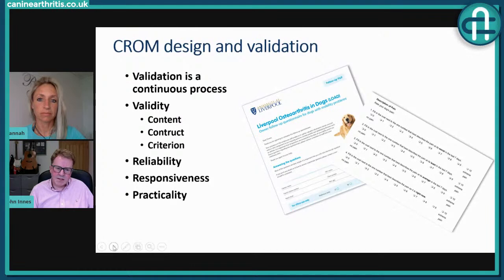So that's fine. I was involved in developing the Liverpool one. Had this sort of idea back in the mid-90s, and it's taken a generation for it to gain traction in practice. And the same is true of that other one you see there, the Canine Brief Pain Inventory, which was developed at the University of Pennsylvania by Dottie Brown. Again, since the mid-to-late 90s, it's taken that long to gain a lot of traction. And the nice thing is I'm working with Dottie now to continue to refine these and produce more information around these tools that we can use.